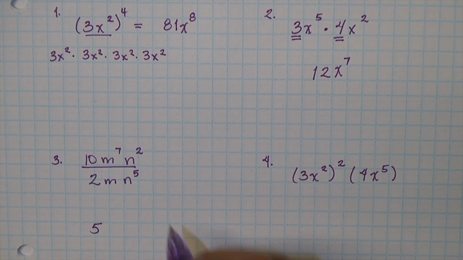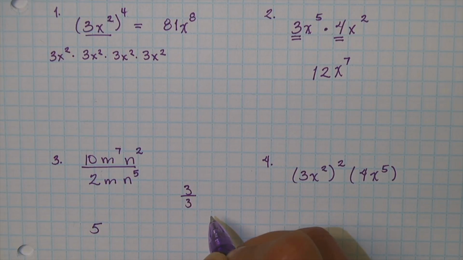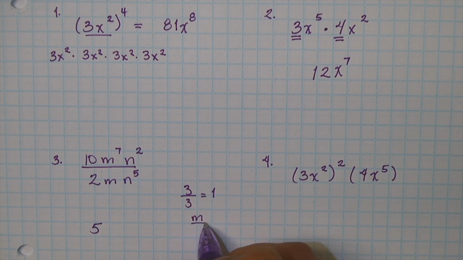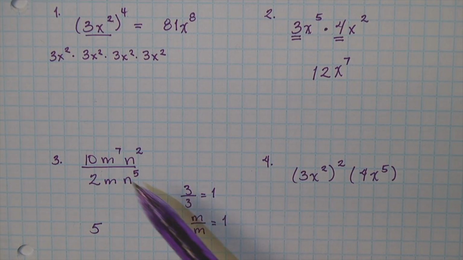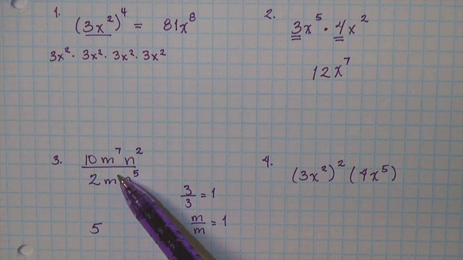It's the same thing as if you were doing 3 divided by 3. Well, what's that? Well, that's 1. Well, instead of 3, we have the letter m. M divided by m, well, that's still 1. So that's the same idea here. So we have 7 on the top and 1 on the bottom. You have that invisible 1 right there. So 7 take away 1 is